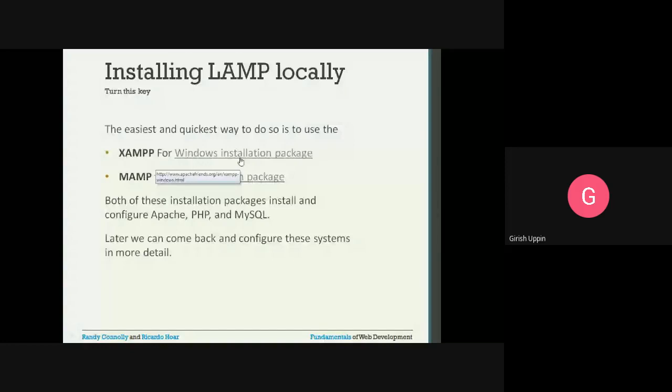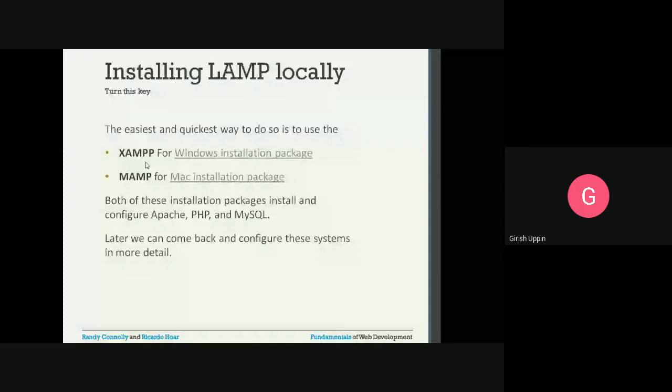You can search for the Apache official website, and from there, whichever is the latest version, you can install. And there is a simple test that can be executed. It is also specified in the installation, which will make sure that you have successfully installed XAMPP or not. You can request the localhost, and you will see the test page.